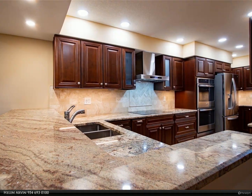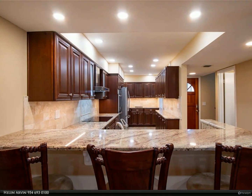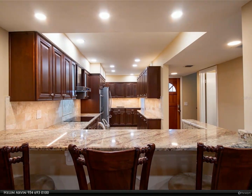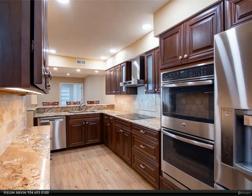Kitchen has been recently updated with new wood soft close cabinets, a marble tile backsplash, granite countertops and stainless steel appliances, a chef's dream. The downstairs area has an open floor plan with 17-foot ceilings in the living room and